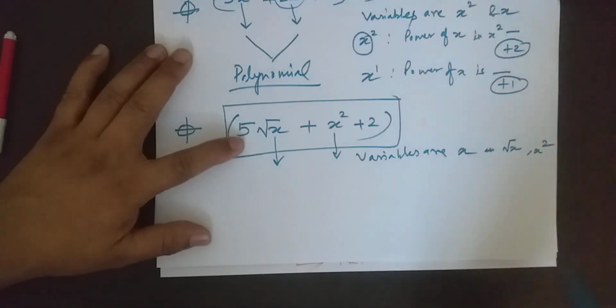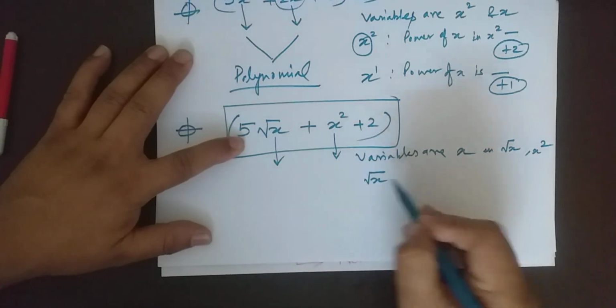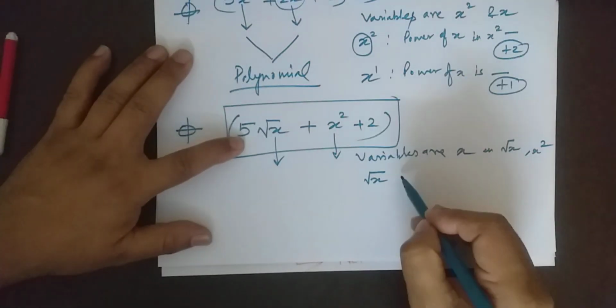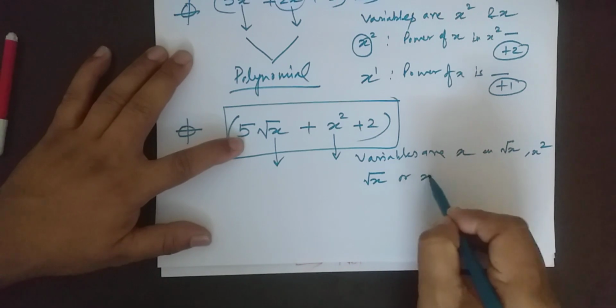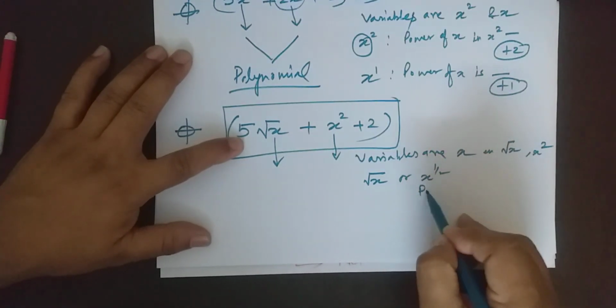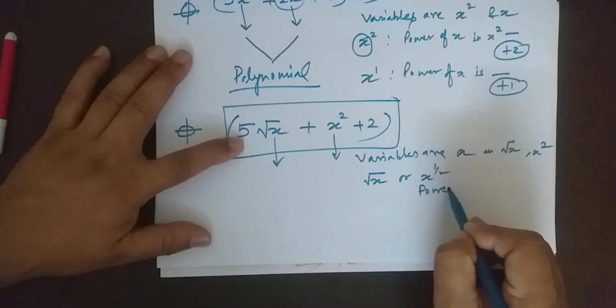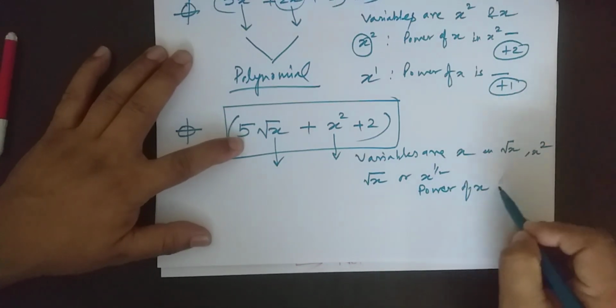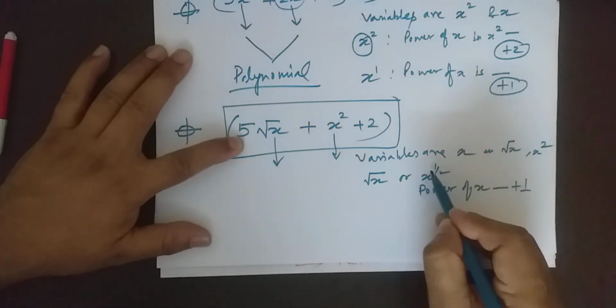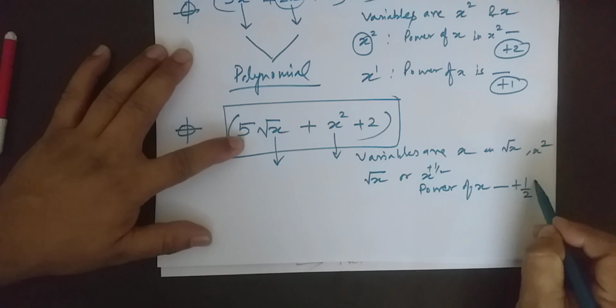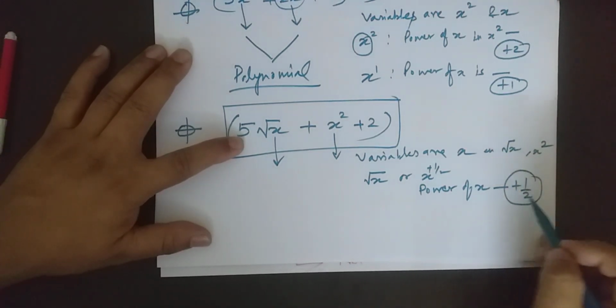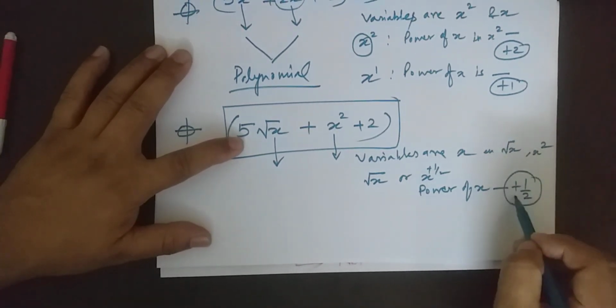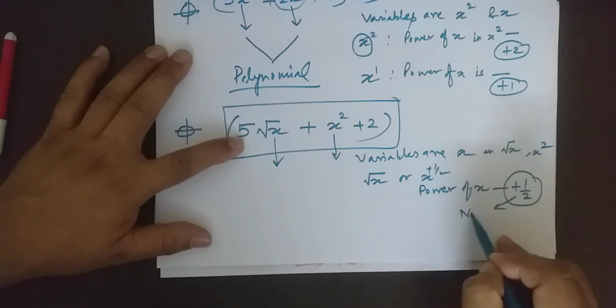Now first look at the square root of x. This can be written as x raised to power 1 by 2. And what is the power of x raised to power 1 by 2? This is plus 1 by 2, right? Here it has a positive sign, no doubt, but what about this number 1 by 2? This 1 by 2 is not an integer,